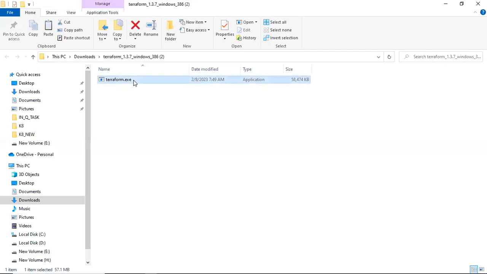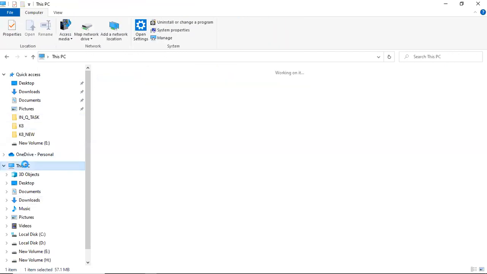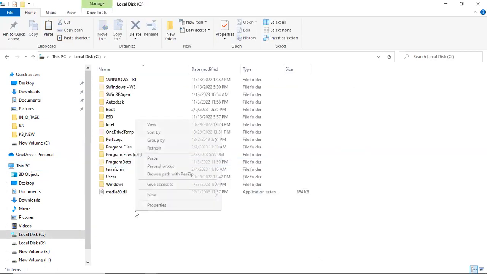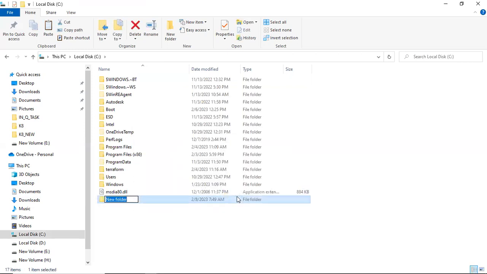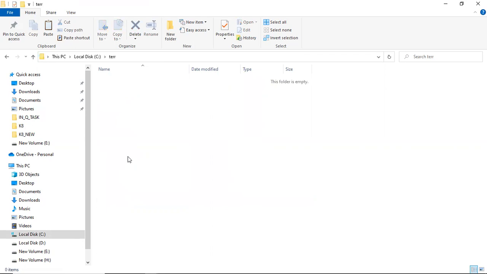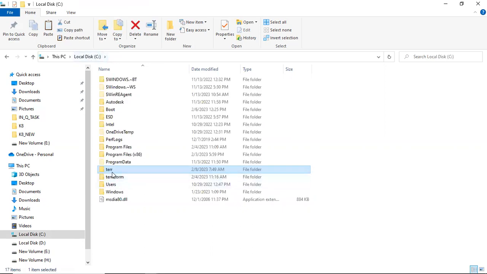Copy this application, go to your C drive, and create a folder called Terraform. You can name it like that. Then copy and paste it over here. That's all. You need to copy the Terraform binary file inside your C drive.